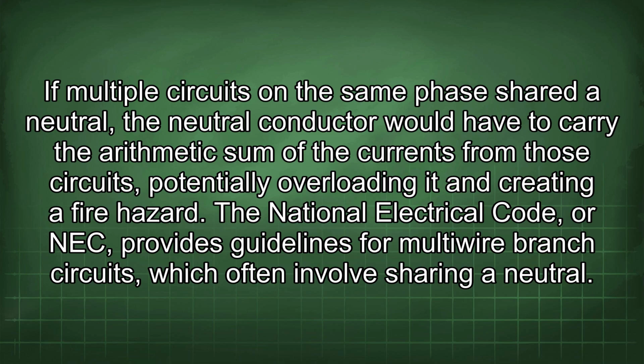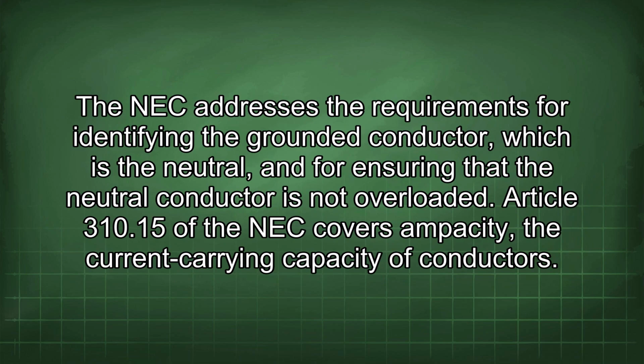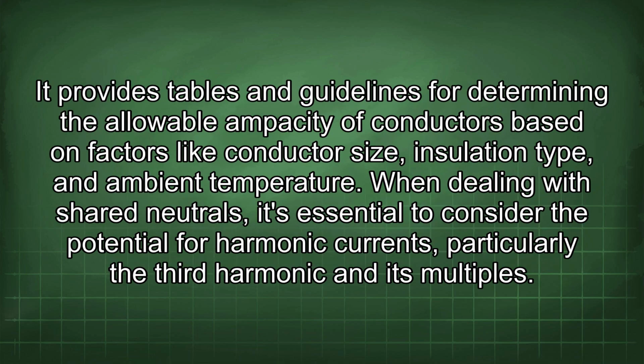The National Electrical Code, or NEC, provides guidelines for multi-wire branch circuits, which often involve sharing a neutral. The NEC addresses the requirements for identifying the grounded conductor, which is the neutral, and for ensuring that the neutral conductor is not overloaded. Article 310.15 of the NEC covers ampacity, the current carrying capacity of conductors. It provides tables and guidelines for determining the allowable ampacity of conductors based on factors like conductor size, insulation type,